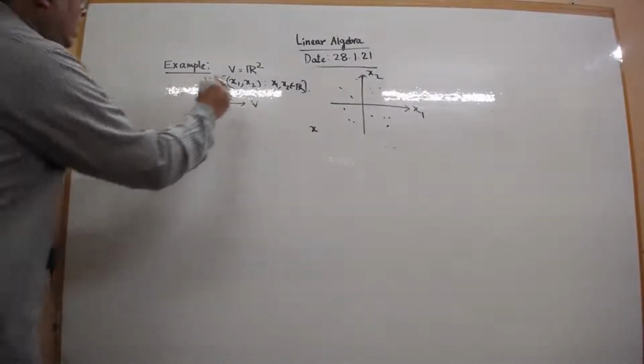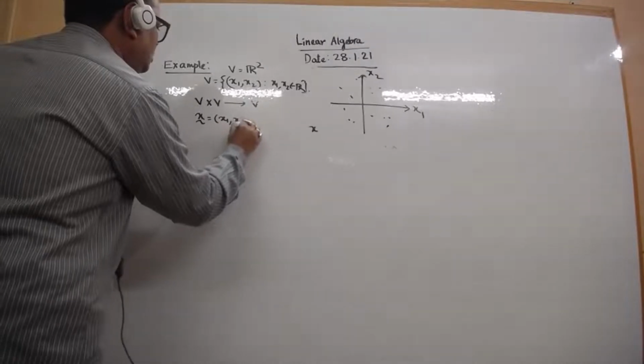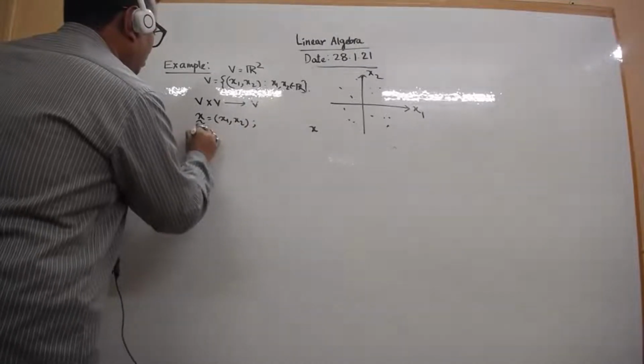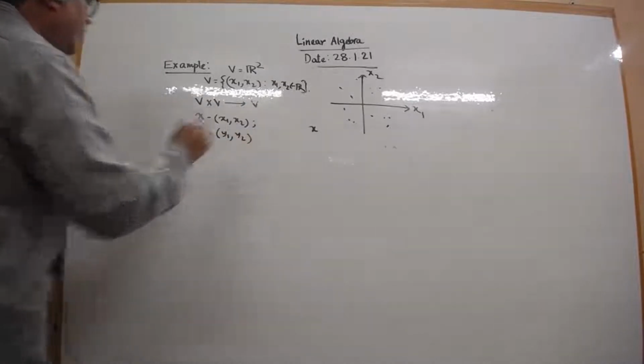So I write x as (x1, x2) and y as (y1, y2). I define addition as